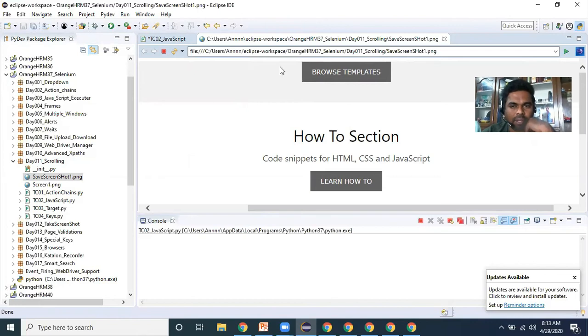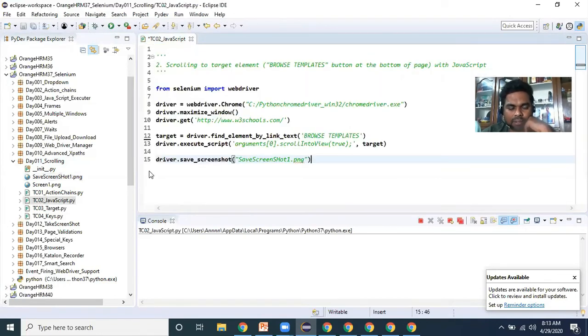Now we understood. While the script is running, we can still switch to any other window and work, but normally it is recommended that we should not do that.